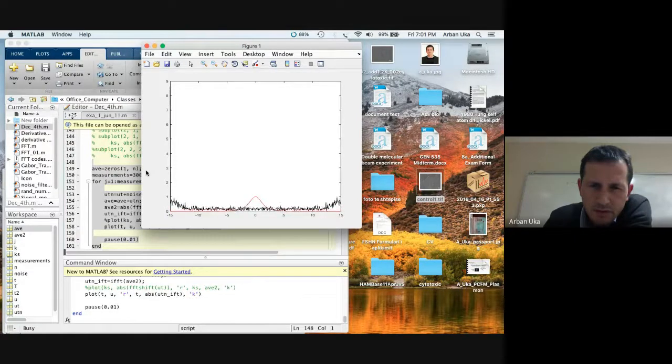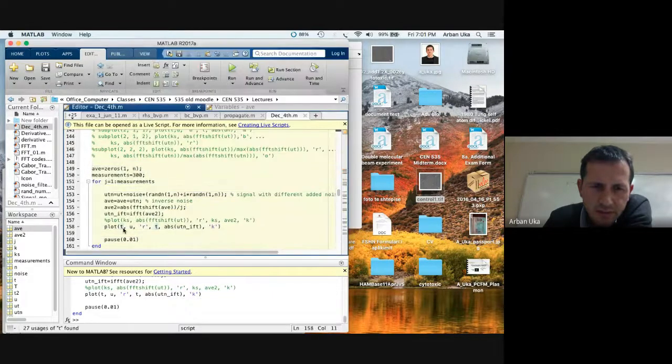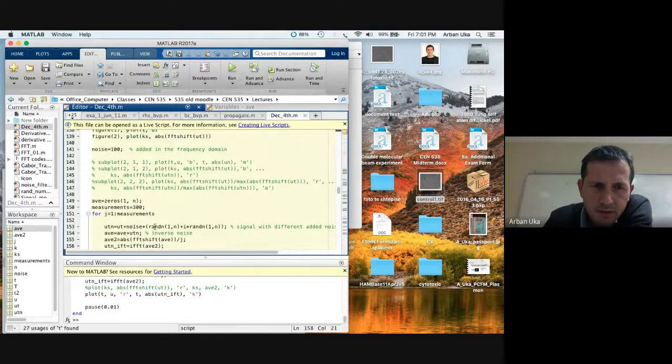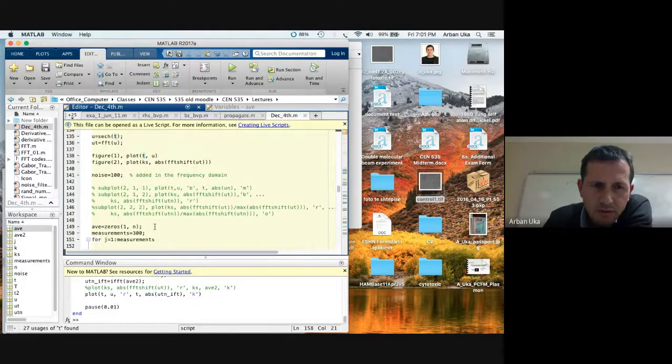Wait a second. So we need to do the shifting of these values of t then. The shifting, yes. So when we go to the real domain, this is